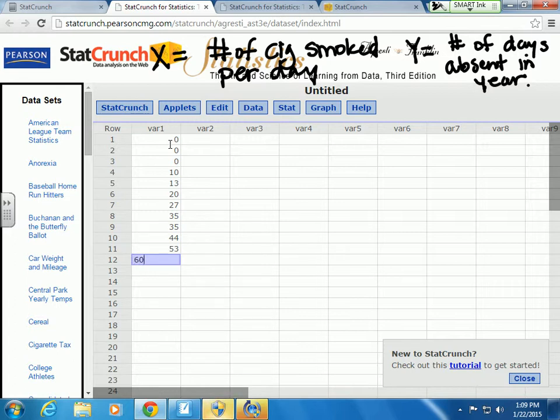And what you can see is I have people who have smoked no cigarettes per day versus all the way up to a full 3 packs a day. So it's a big range of sort of smoking habits. And then the number of days absent ranges from 1 day absent, 8 days, 4,